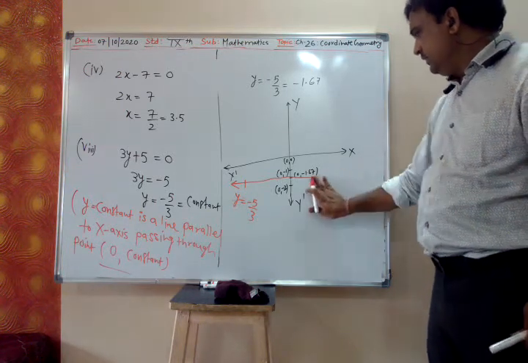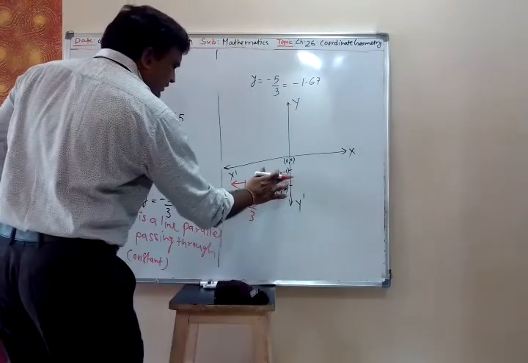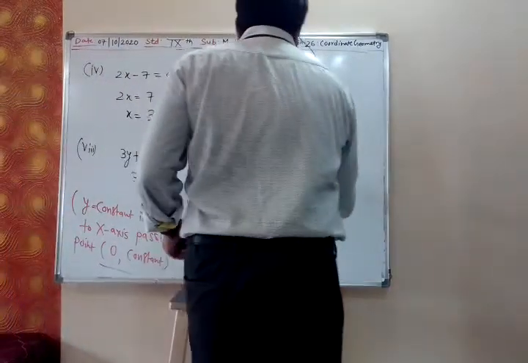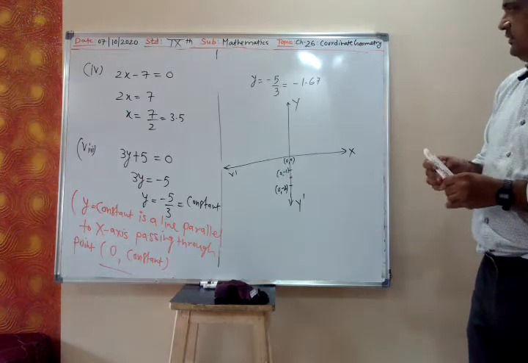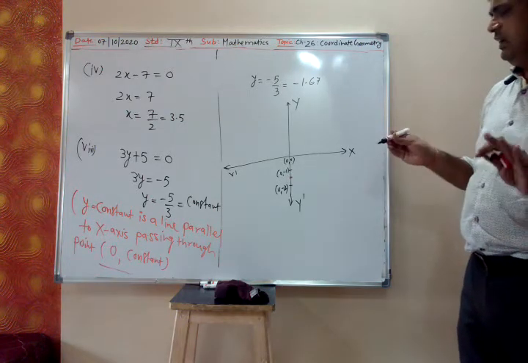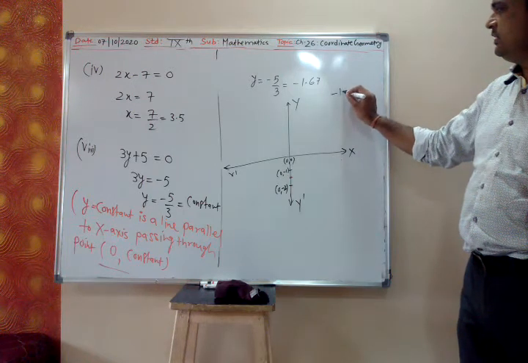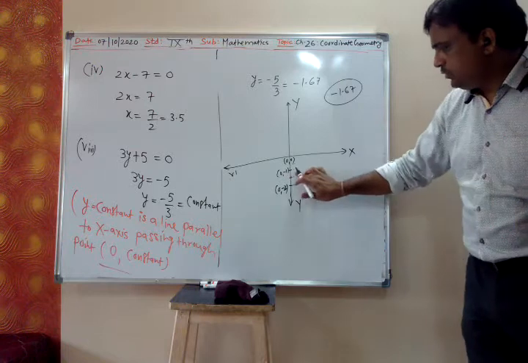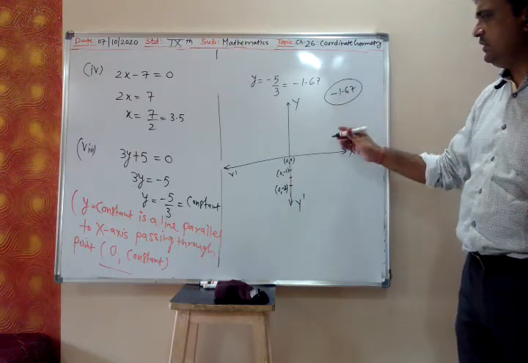If you have not understood, wait, let me explain, one minute. See this part, minus 1.67. Just now you said how you have drawn this here. This is the line which we have to draw. Now to check whether minus 1.67 lies between these two lines, that we have to see.